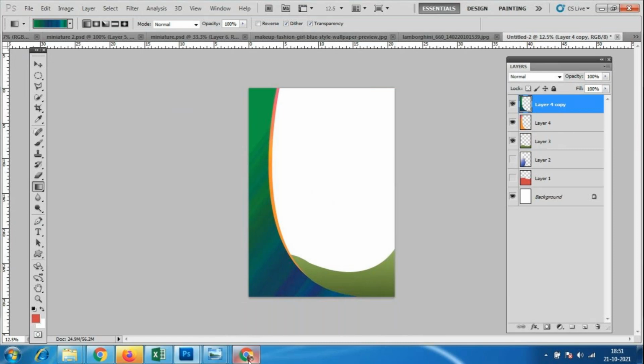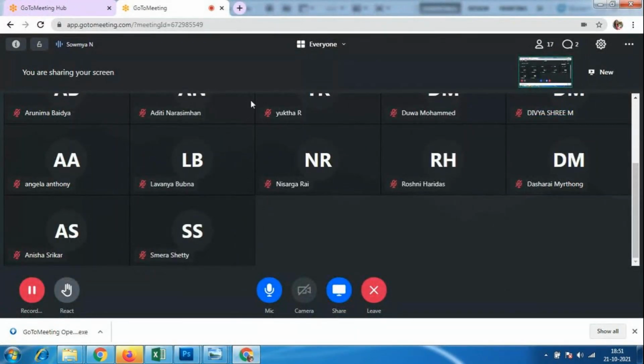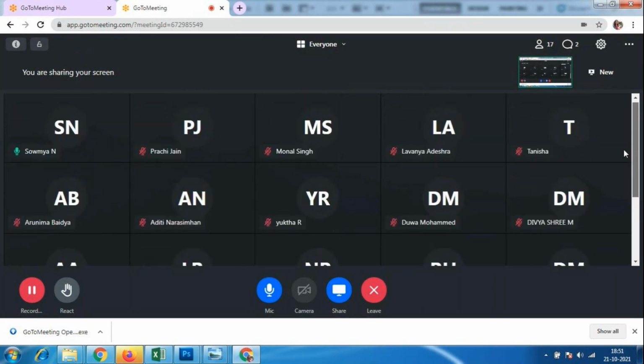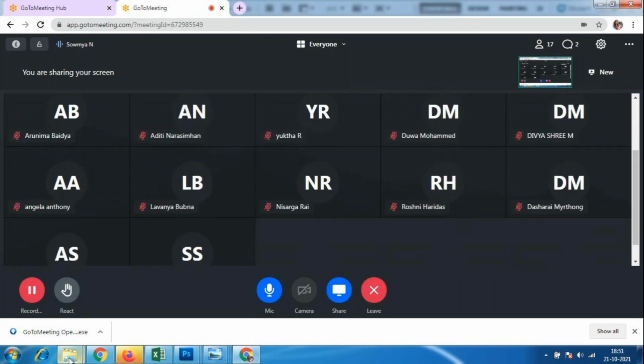Anybody having any doubt? Okay, the pen tool is not that easy compared to other tools.